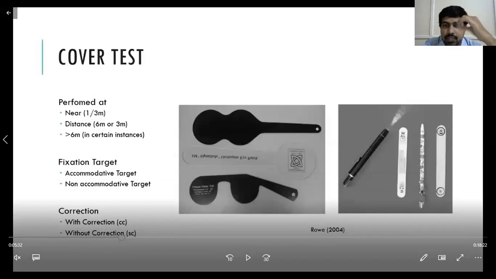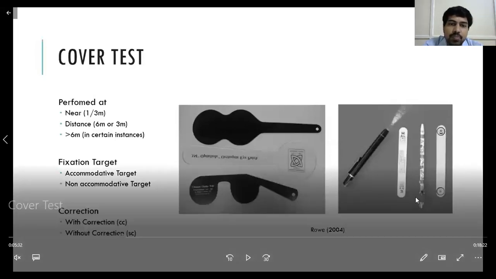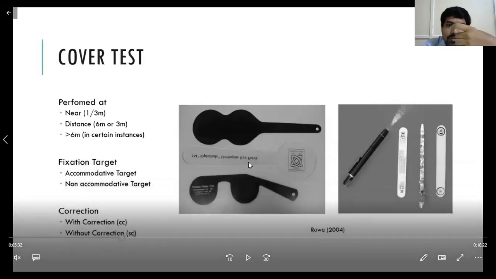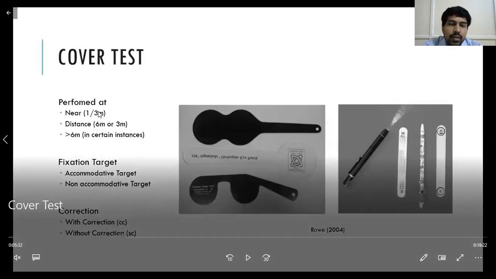If we give him spectacles, that accommodation he won't use in excess, there will not be any convergence, and automatically these eyeballs will become straight. So spectacle correction is itself a treatment for squint. Because for a near target, if there is an excess of accommodation, we can give him some glasses and correct the squint.